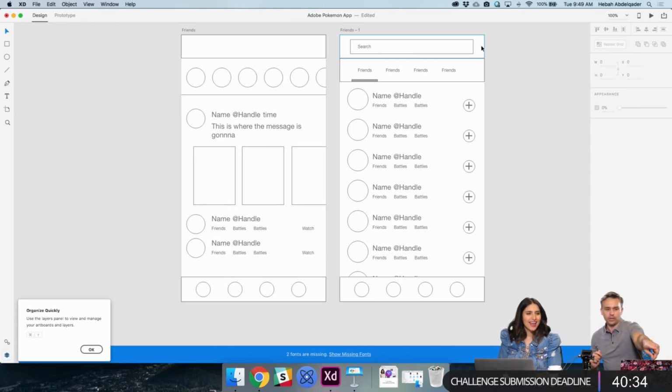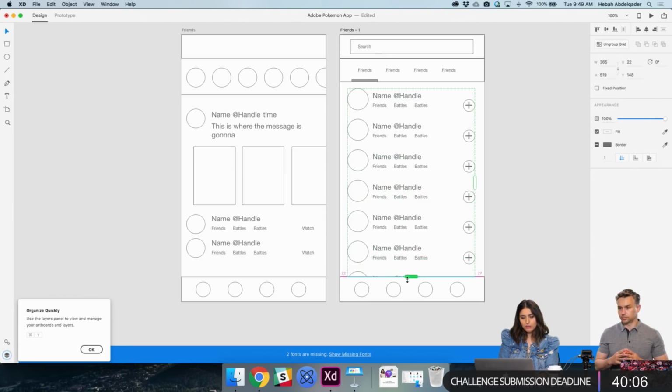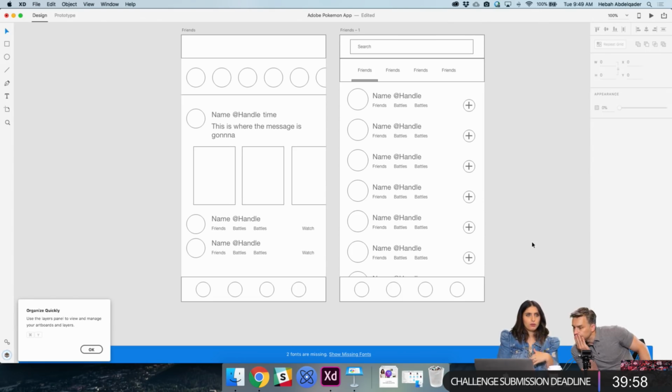Thank you, Samantha. Repeat grid, question mark, like you just did. Okay, let me show you. Samantha, just to re-demonstrate, basically what you do is you grab the group, make sure that it's grouped together, and then there's a button right here that says repeat grid. You click on it, and then you have a green highlight. You click on this toggle, and then it just repeats it as many times as you want. And I moved it all the way to the back, so Shift Command and then back bracket, and that moved it behind the menu.